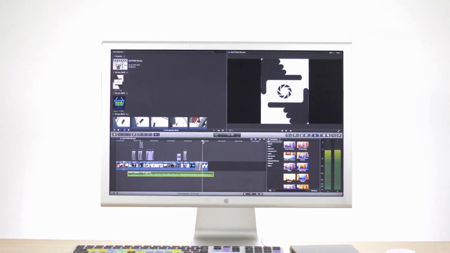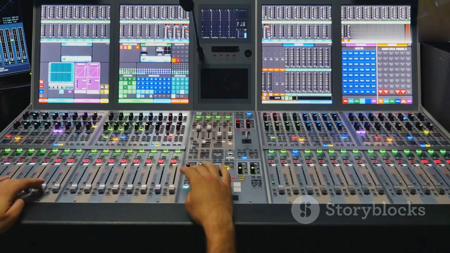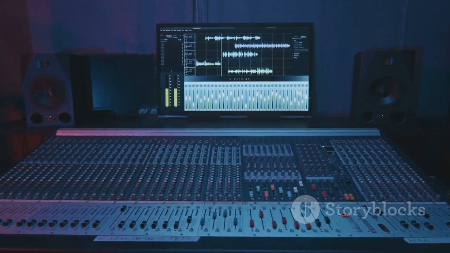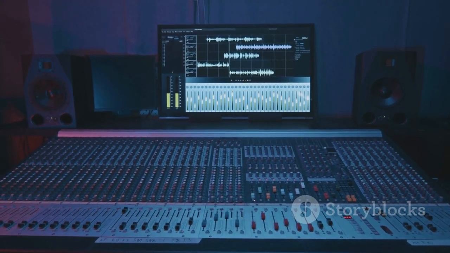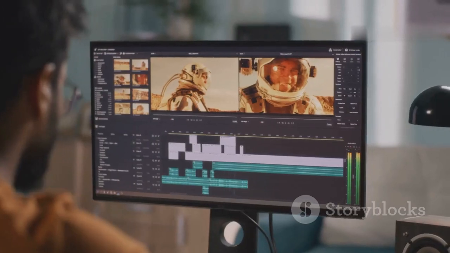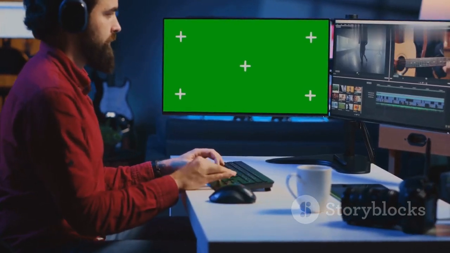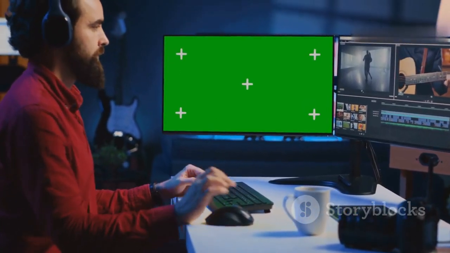Add simple transitions and incorporate text overlays for that extra polish. Remember to keep fonts and colors consistent throughout. Use subtle background music, but always ensure your narration remains crystal clear. Carefully review your video from the very start to the end. Adjust the timing and overall flow as needed. When you're completely satisfied, export your masterpiece as an MP4 file.